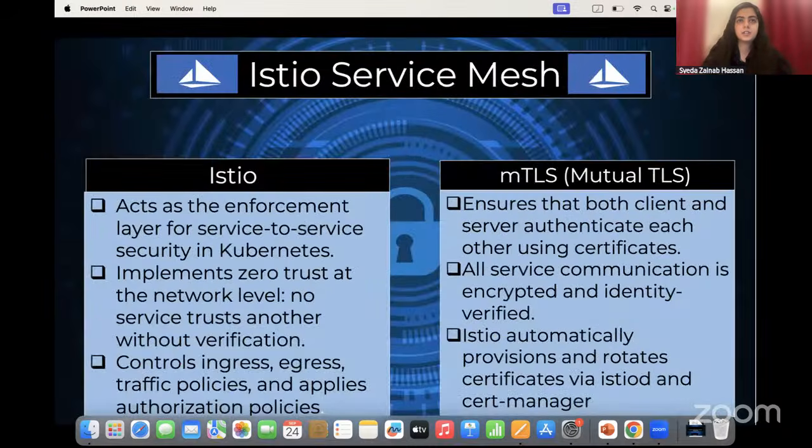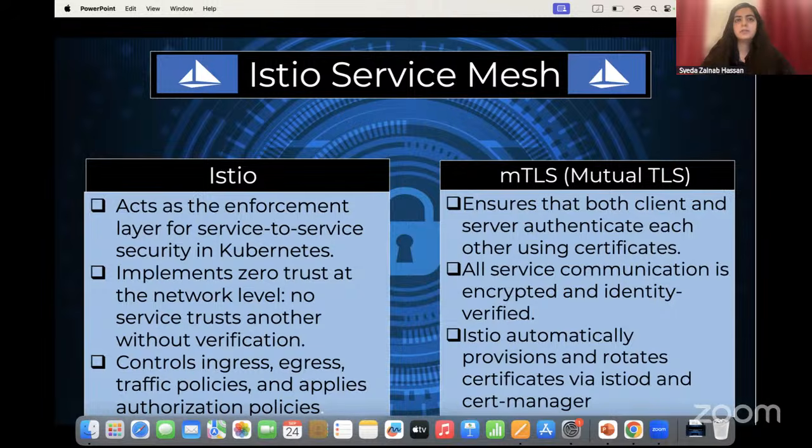Istio Service Mesh. Istio provides the core service mesh layer to enforce our zero trust network policies. It acts as the backbone of our zero trust architecture by injecting Envoy sidecar proxies alongside every pod to enforce mutual TLS. These proxies mediate all service to service traffic and report telemetry. All internal east-west service traffic is encrypted with mTLS and handled by the sidecar proxies. The Istio control plane configures these proxies with routing and security rules.